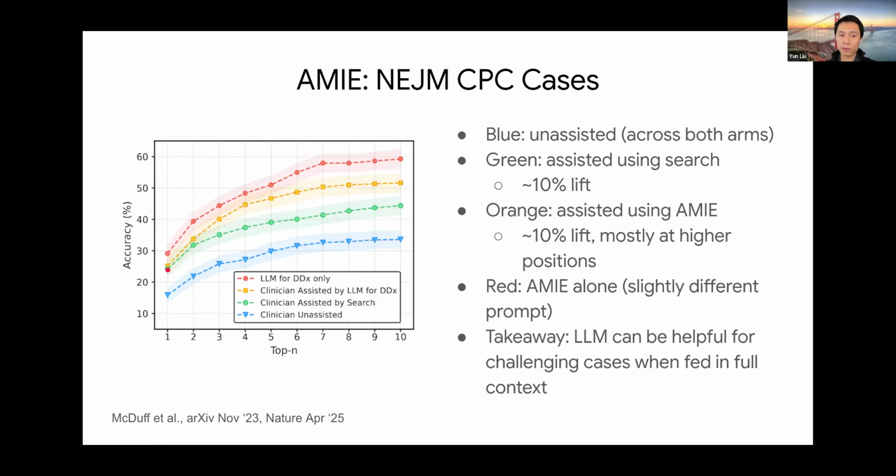Now, the next line over here is the green one. This line outlines what happens if they have access to internet search. And as you may expect, they get quite a bit of a boost here. It's roughly speaking a 10% boost across the board, across this entire range of the x-axis.